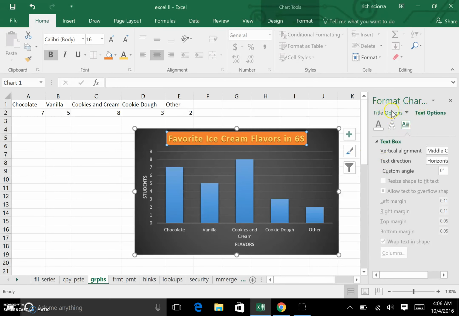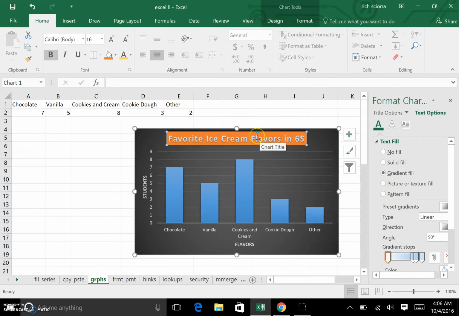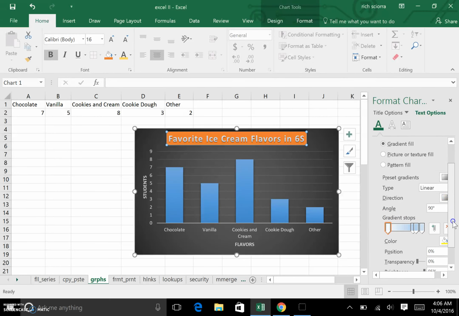And these are the title options I've been playing with, but there are also text options associated with this. So now with text options, I'm looking at that inside text color. So now you see the yellow, the transparency settings. I could make them solid. I could make them a gradient, so blending from one color to another. You can see it's slightly lighter on the top. You can play with all of these